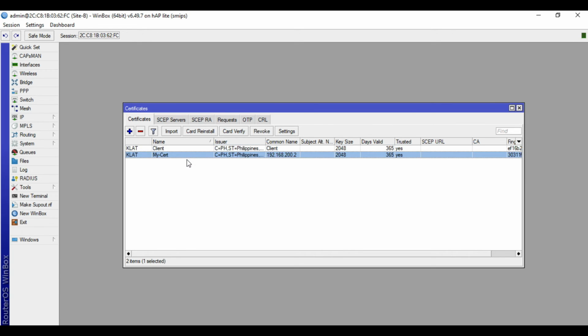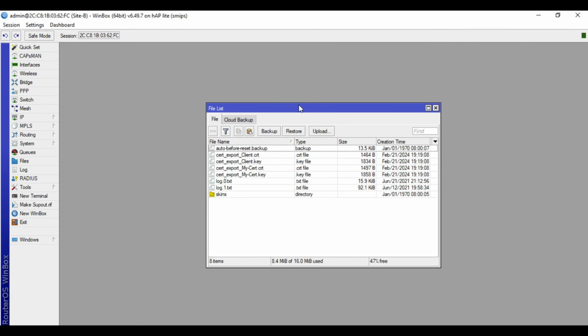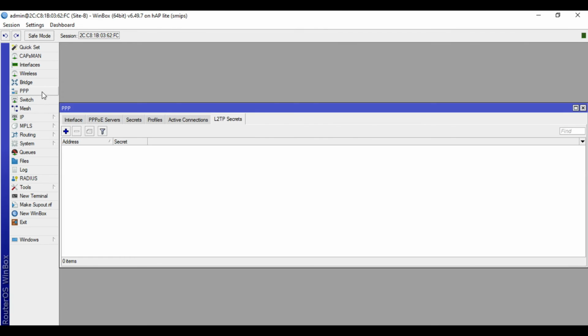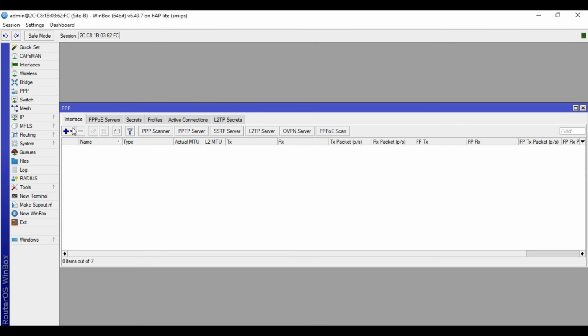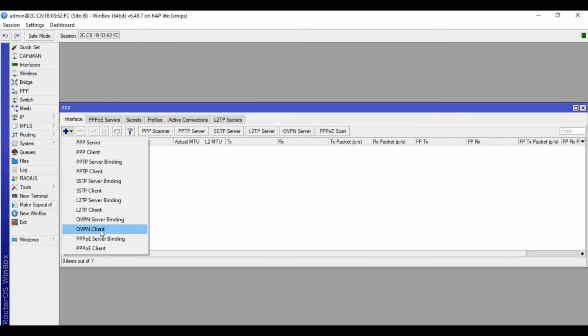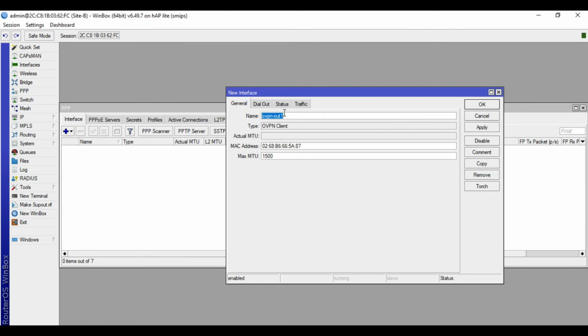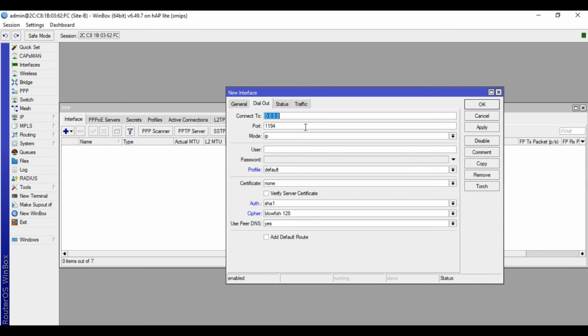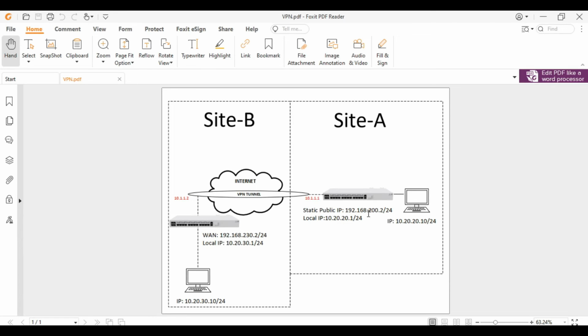We will now enter the VPN credentials. Go now to PPP. Then go to Interface tab. Click the plus button. Then choose the OVPN client. For the general, I'll name this one VPN to site A. Then for the dial out, in the connect to, input here the public IP of the site A. So in our case, it's 192.168.200.2.